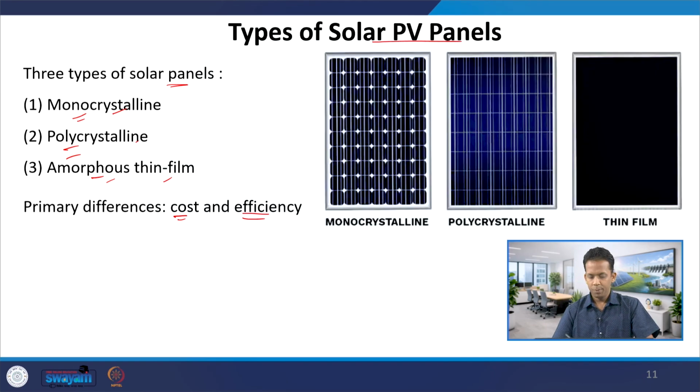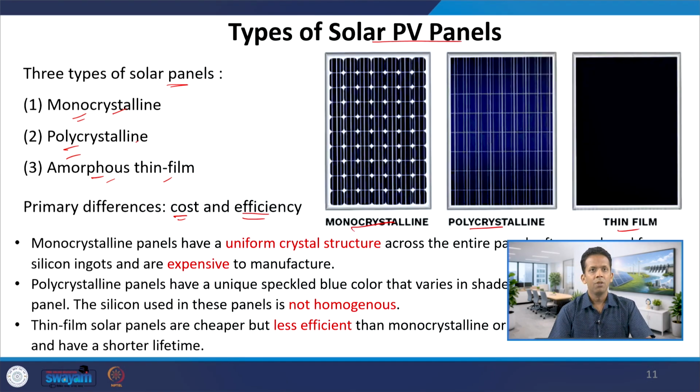So, you can see from the picture, monocrystalline looks very good, with similar looking crystals and no gradients of shades or colors anywhere. Polycrystalline, you can see there is a gradient of color shades because of non-uniform crystalline structure. And thin film is like a thin amorphous film. So, based on the appearance or the definition, you can easily make out that monocrystalline cells are going to be